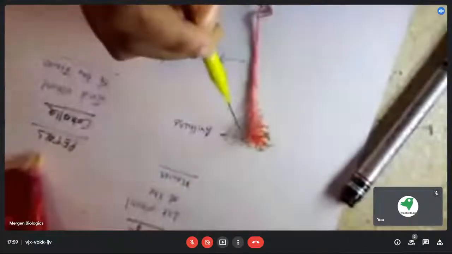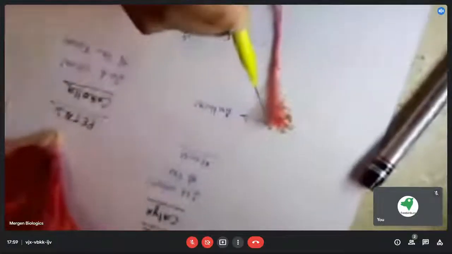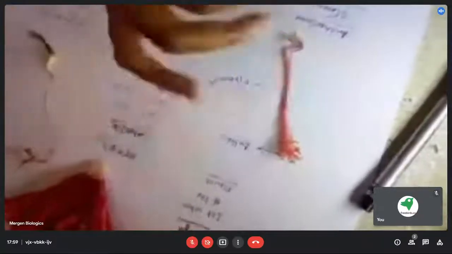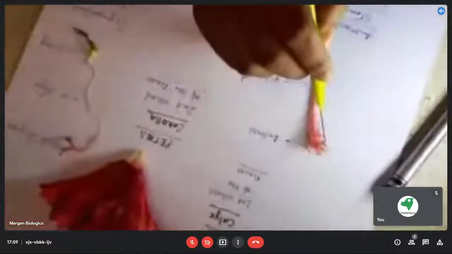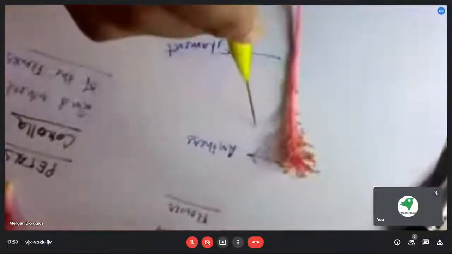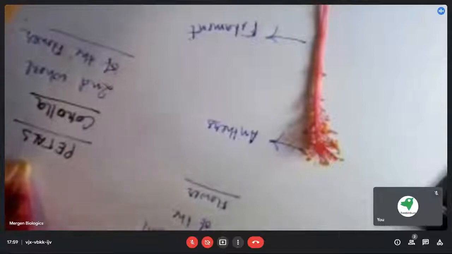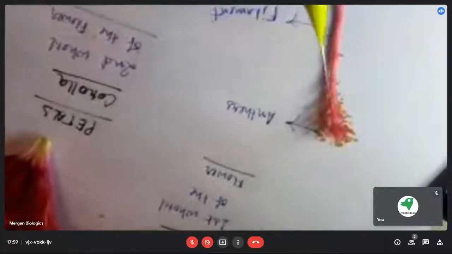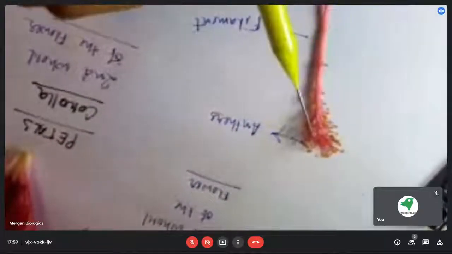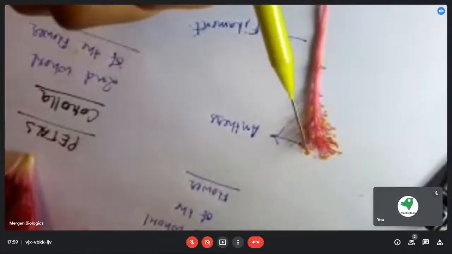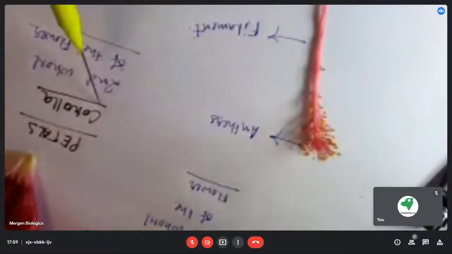So in the anther, they produce the pollen grains and they release the pollen grains. In this particular family, Malvaceae, in this particular species, the pollen grains are yellow in color. In some other flowers, you will find a different color of pollen grain, just like the different color of petals. The color of petals and pollen grains are variable, but in this family, in this species, it is always yellow. That is the characteristic of the Malvaceae family.